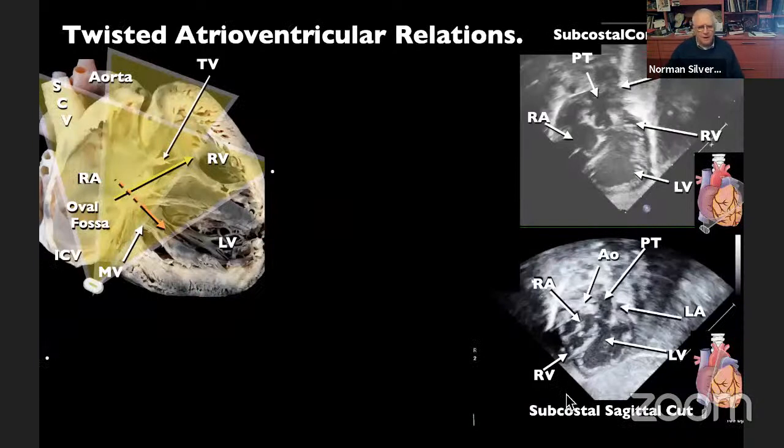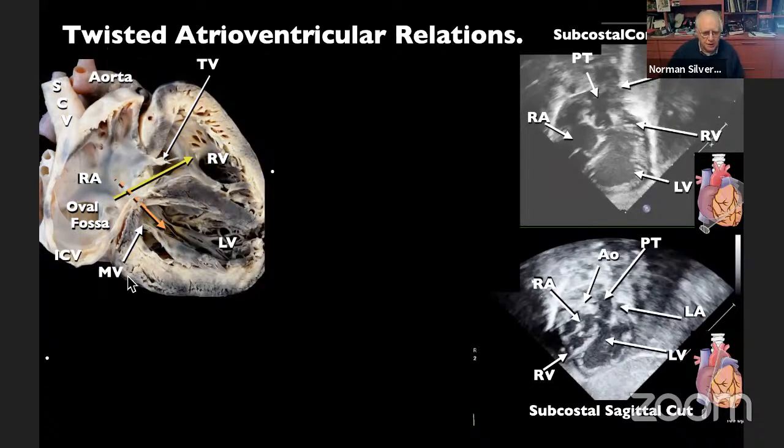And here is an example of so-called crisscross or twisted atrioventricular relations. I'm going to take the echoes to show you the top one here and the bottom one here. This is a difficult concept to appreciate, but here's the right atrium draining concordantly into the right ventricle through the tricuspid valve. The left atrium, not seen, drains concordantly to the left ventricle, which is seen below. So what's happened is that the heart has actually twisted.